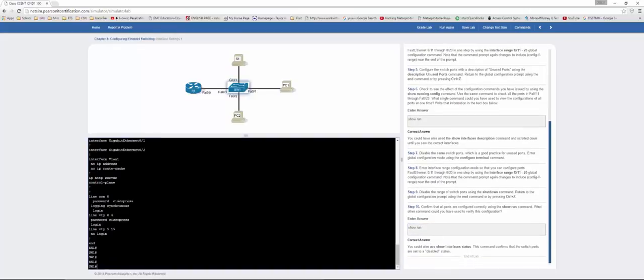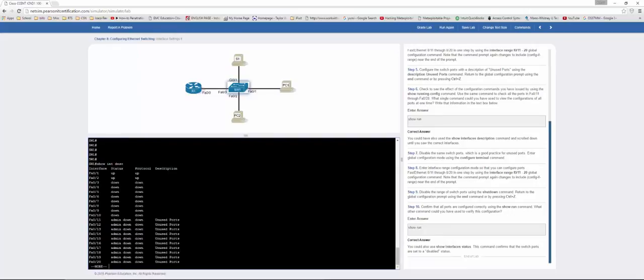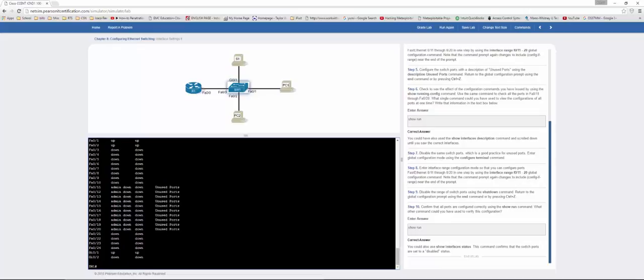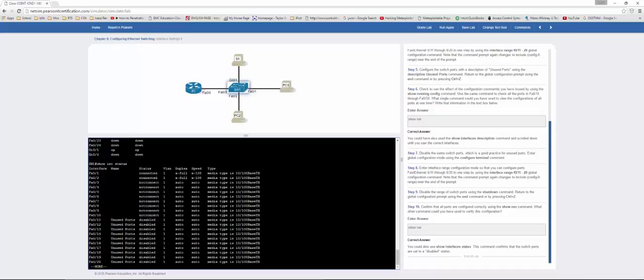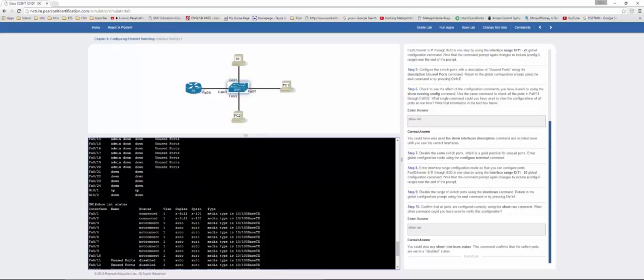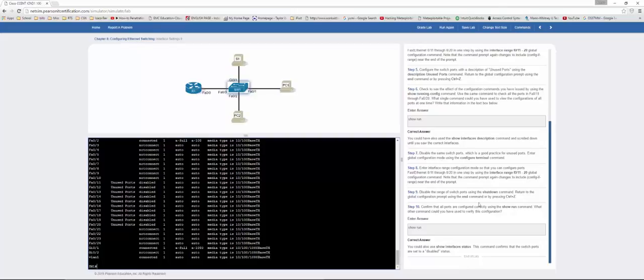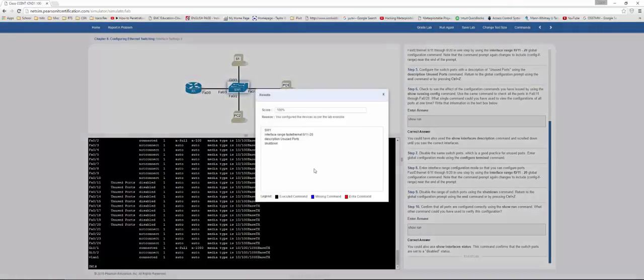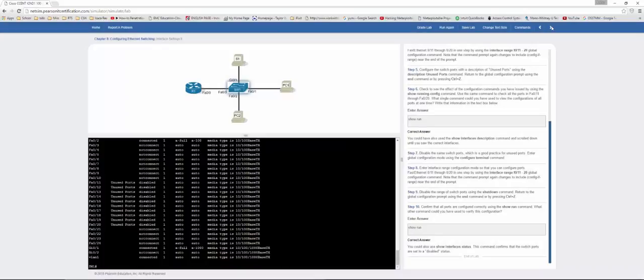So let's go ahead and look at show interface description. So we could actually look at the specific descriptions of them. Or we could also do show int status. And that will also give us their status plus their names. Also give us things like their duplex, speed, the VLAN, media type, and so forth. So that's actually it for this lab. Let's go ahead and grade the lab. 100%. Let's move on to the next one,